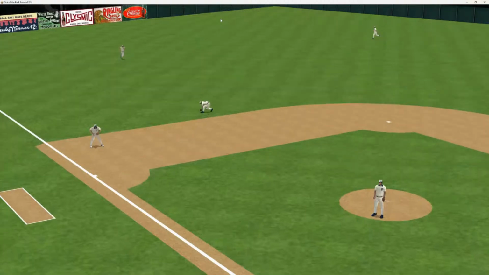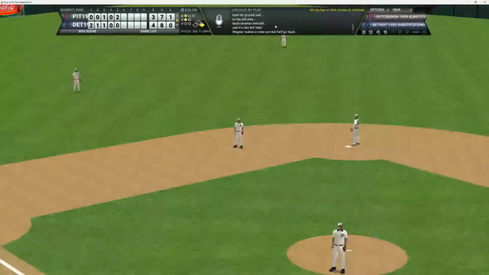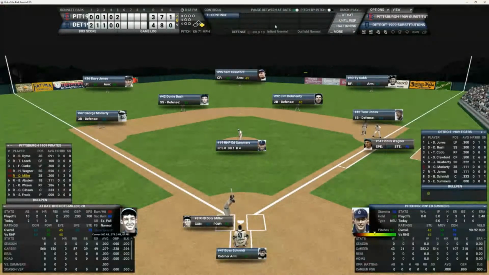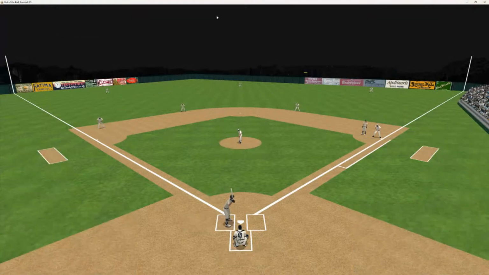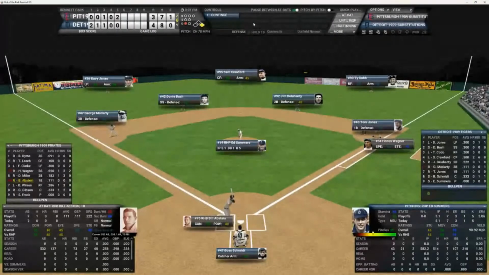And that's going to be a ground ball to left field with a leadoff single. And that brings up Miller. And Miller's 1 for 2. Let's see if Wagner stays put down at first. Here's the 2-2 pitch to Miller, and he strikes out. 1 out, and Honus is still down at first.